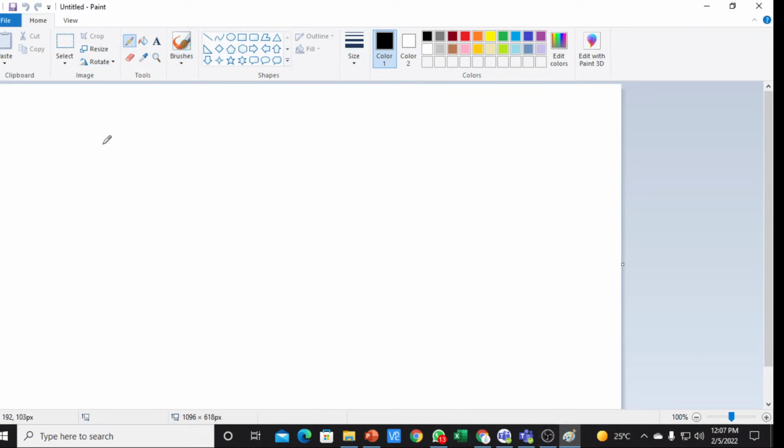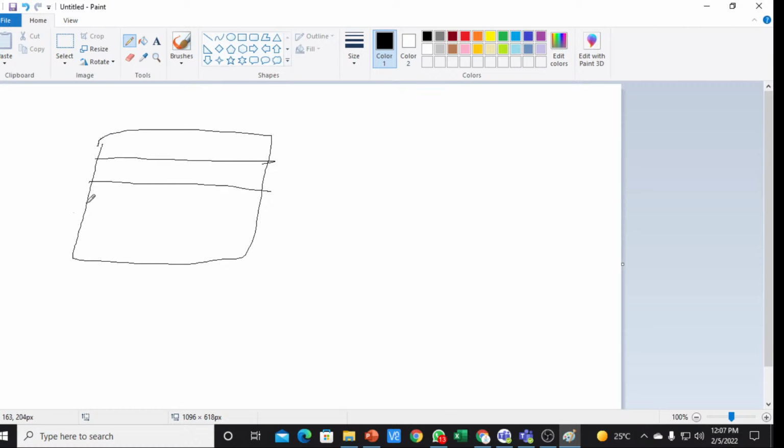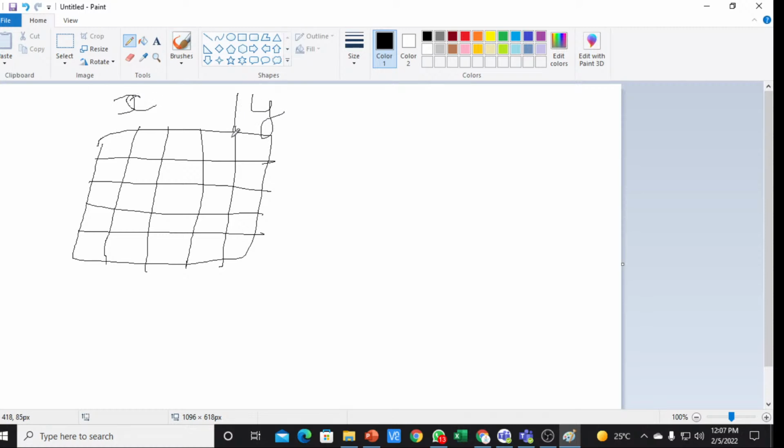Fine. Suppose this is my input data, which I have considered in the form of a data set, which is nothing but a collection of a number of rows and a number of columns. Suppose this is my data. In this I will have the input and output. Input is represented with X, output is represented with Y. Now I have to divide my whole data into two categories in a certain ratio, like